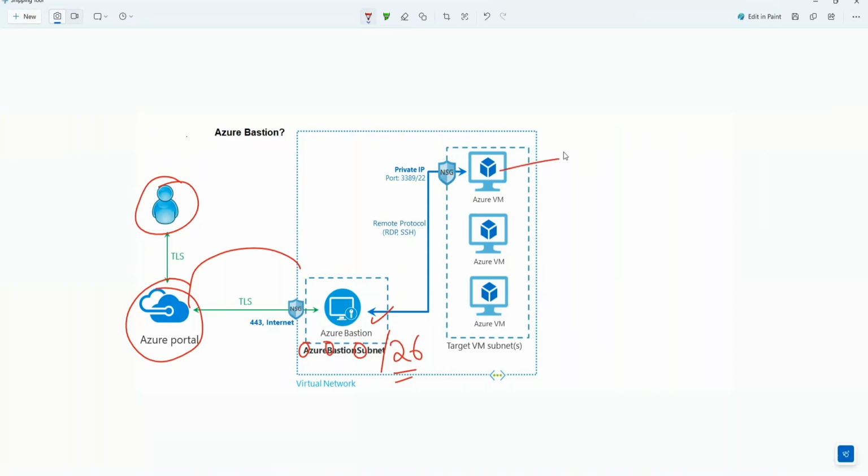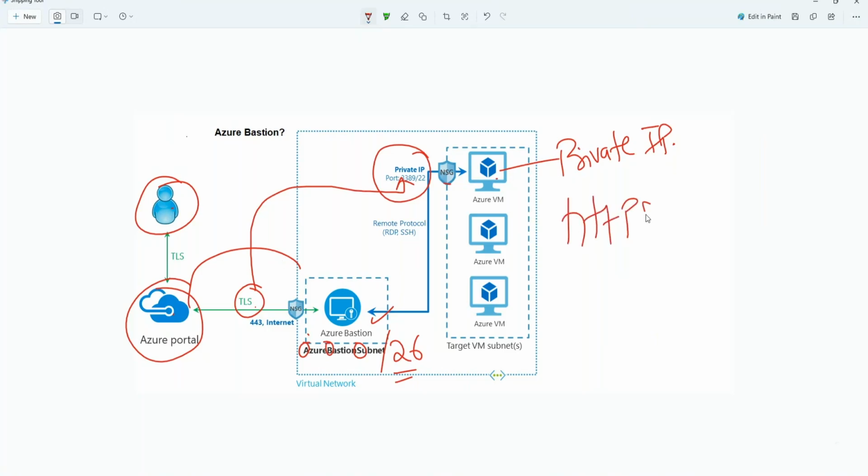These machines have only private IPs. So when the admin logs into the Azure portal and starts the TLS session to connect to the VM, it actually redirects to the private port, 3389 or 22, without using a public IP. So the HTTPS / BST